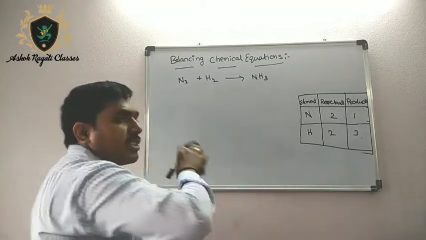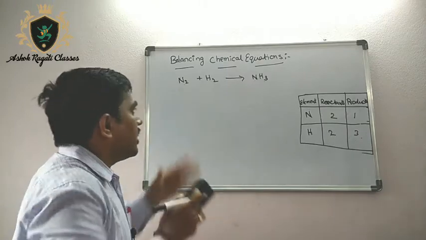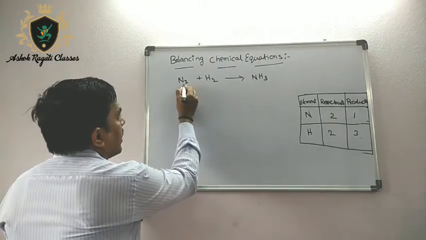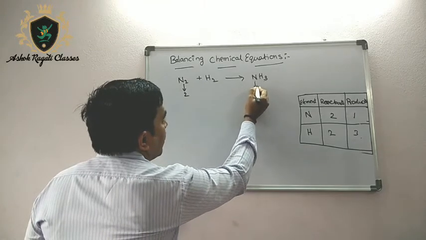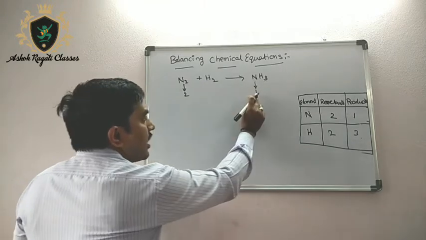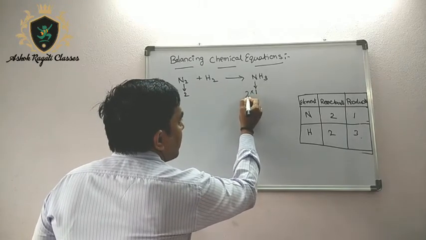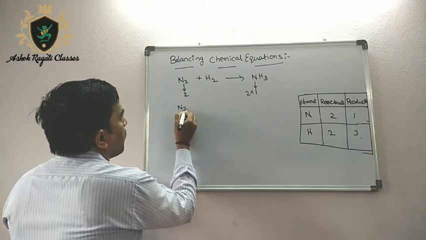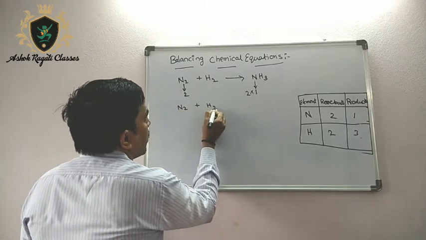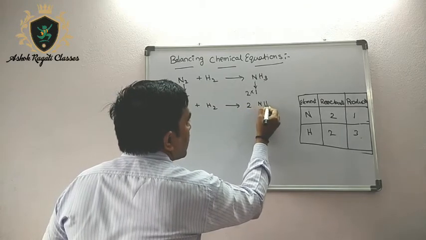So while balancing an equation, it is better to take the first element, the first coming reactant. I am taking nitrogen, where n is 2 here, as a reference element. Here it is 1. The number is less on this side, so I want to make it bigger by multiplying. The desired number is 2. So rewrite the equation: N2 plus H2 gives rise to 2 into NH3.